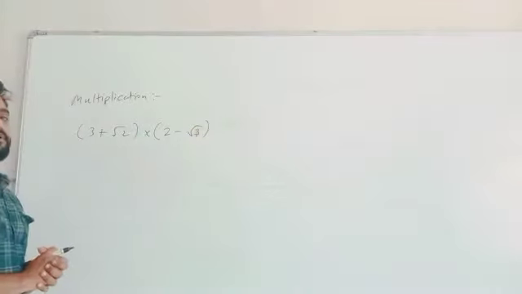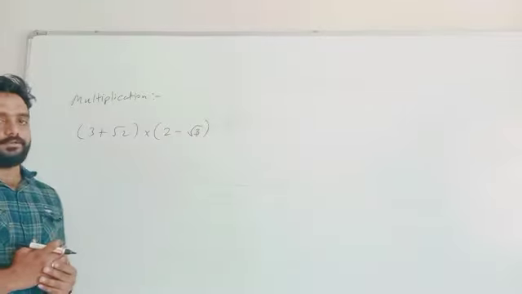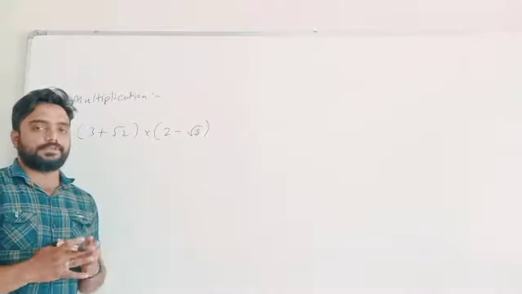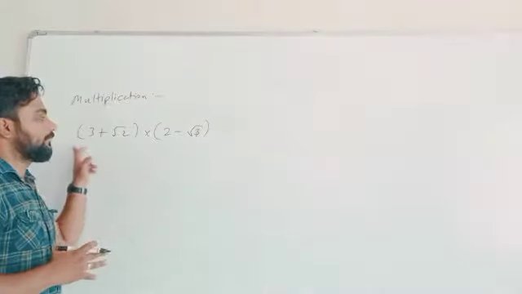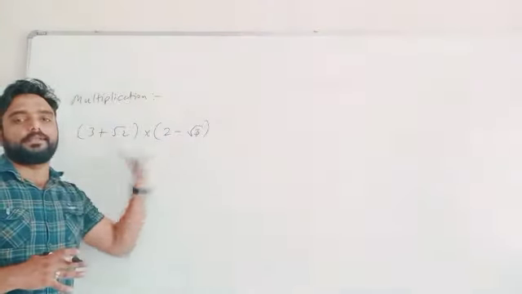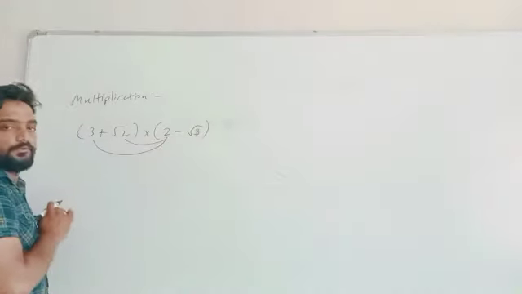Now when there are two such brackets, one bracket multiplies with the other bracket. Understand or not? So how can you do the multiplication? While doing this type of multiplication, the first term of the bracket multiplies with the whole other bracket. Keep this in mind. Suppose here 2, so 2 will multiply with the first value and 2 will multiply with the second value. Understand or not?